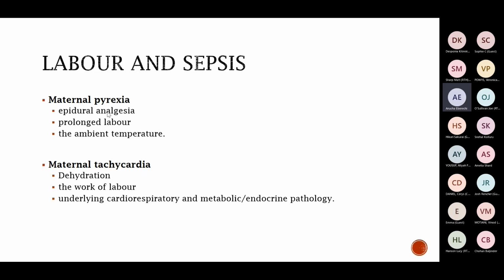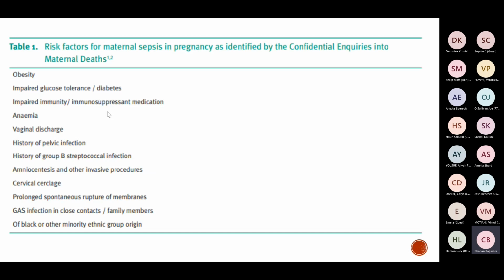Isn't pregnancy alone in itself an increased risk factor for sepsis? The way that your immune system changes. I guess so, because you're relatively immunocompromised. But I think nature probably has got the right balance, because you don't want to attack this developing fetus, do you, immunologically? But then again, you don't want to catch every bug. So I don't think it's just pregnancy per se. I think it's going to be pregnancy with additional risk factors.